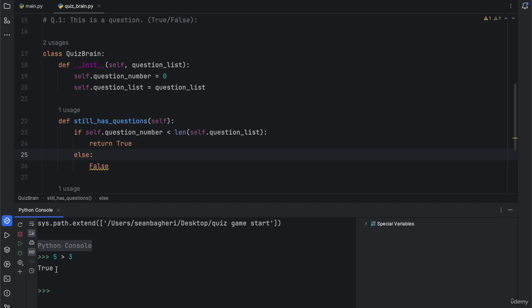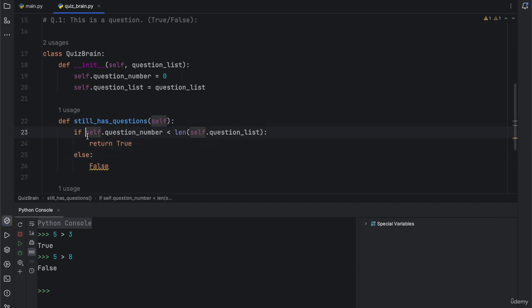Or, for example, if you put 5 bigger than, let's say, 8, we're going to get false. So just like that, we are going to get true or false. And basically, that's the idea with this. We can use this to make this code much simpler. And the way we do this is that we can say return,